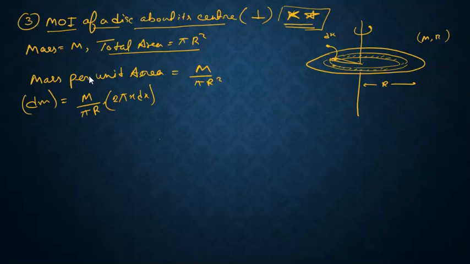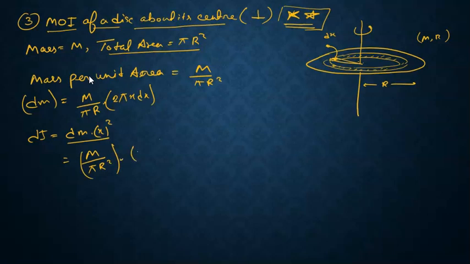So 2 pi x is basically the perimeter of the ring element, and dx is the thickness. So the perimeter into the thickness equals the area of the ring element which we have taken. Next, dI equals dm times x square, where x is the perpendicular distance. Now put the value of dm, M by pi r square